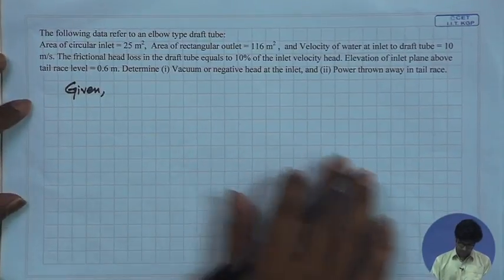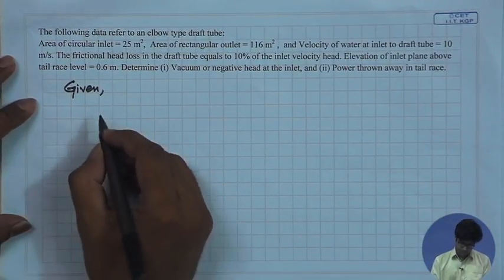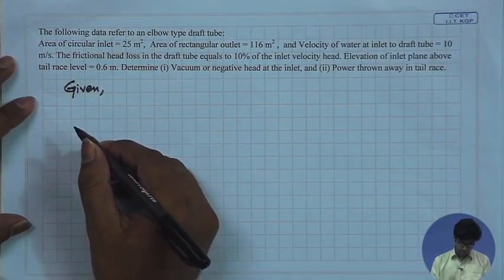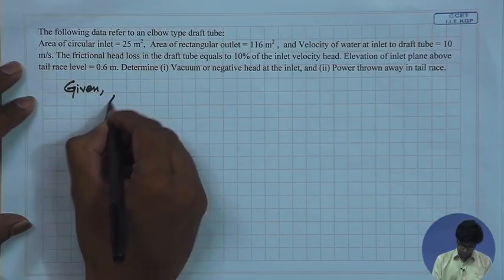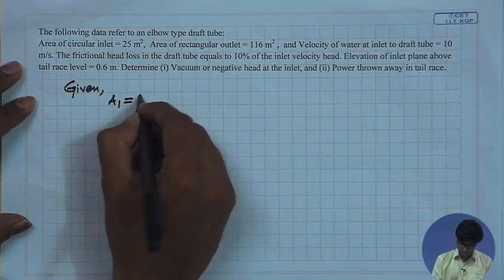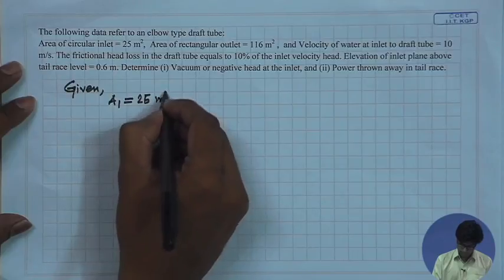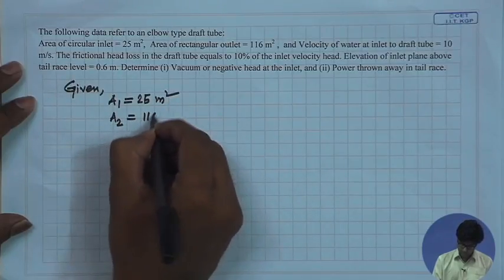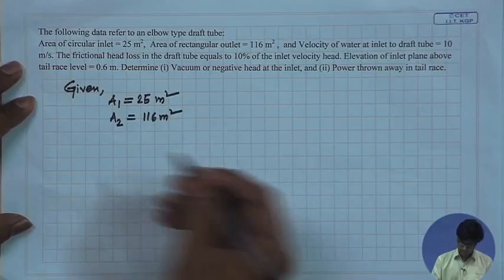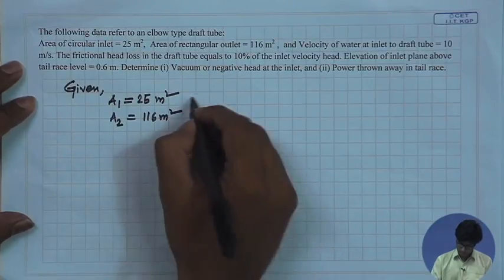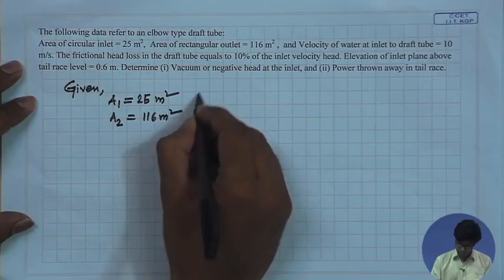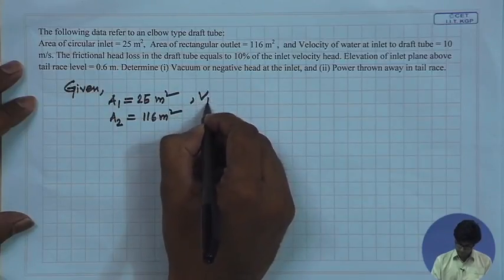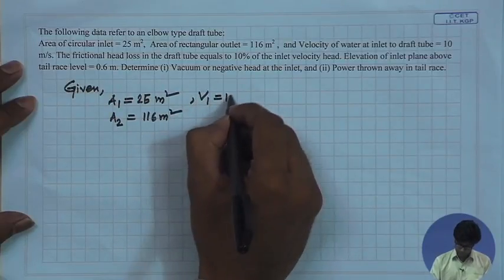Since we are denoting the inlet section of the draft tube by subscript 1, we write the area at the inlet A1 as 25 meter square, and the area at the outlet is given as 116 meter square. The velocity of water at the inlet to the draft tube is given as V1 equal to 10 meter per second,